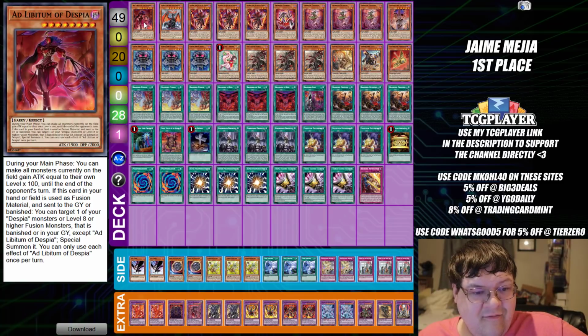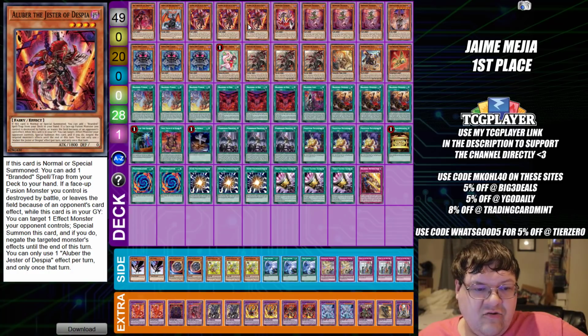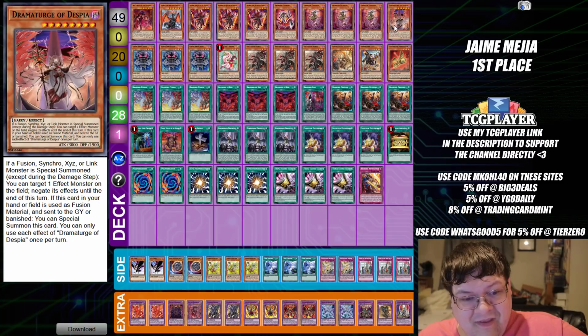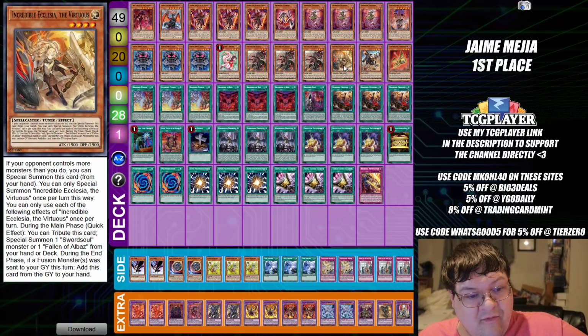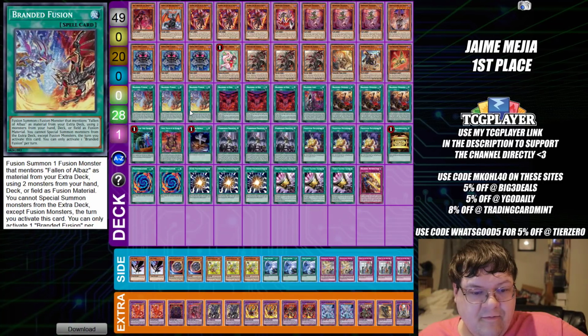It's something. So we have 1 copy of Ablydium, 1 Albion the Shrouded Dragon, triple copies of Aluber, 1 Comedy, glad to see Comedy's back getting some love, triple Tragedy, we have 1 Dramaturgia, triple Edge Imp Chain, 1 Snow, triple Fallen of Albaz, we have 1 Ecclesia, with 1 Kit, with 1 copy of Mercurier, and we have